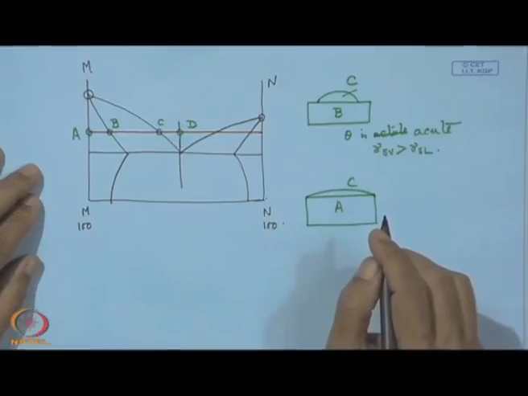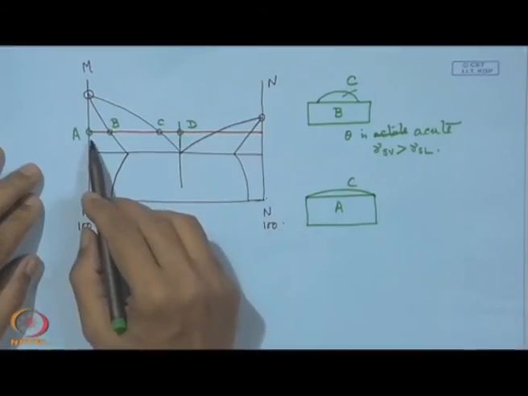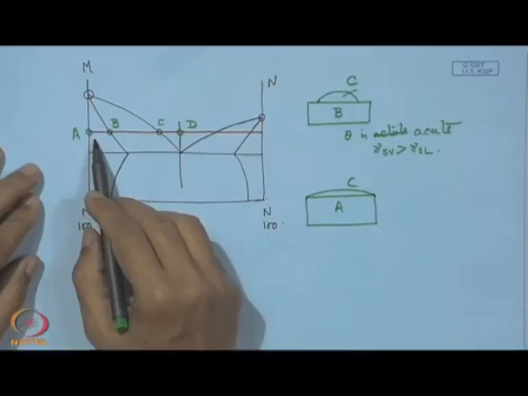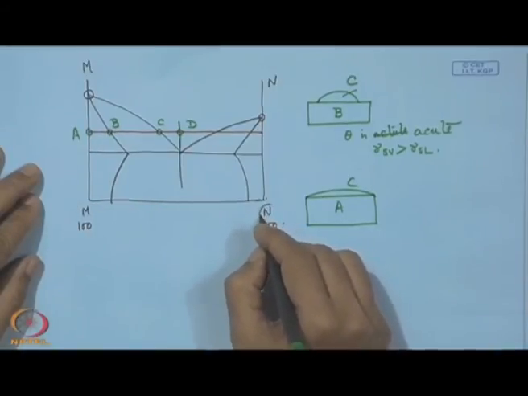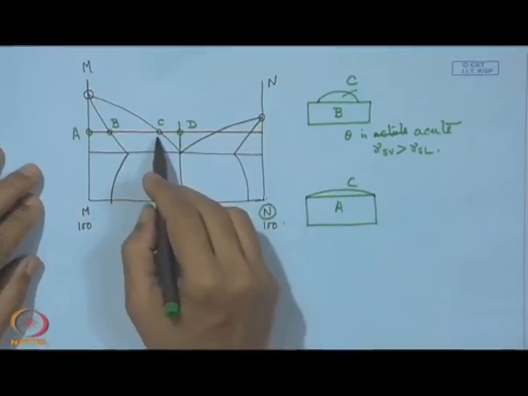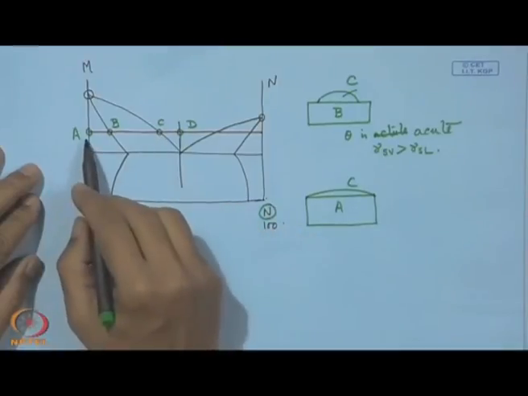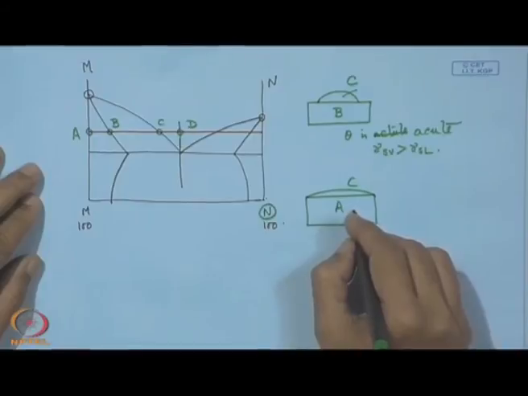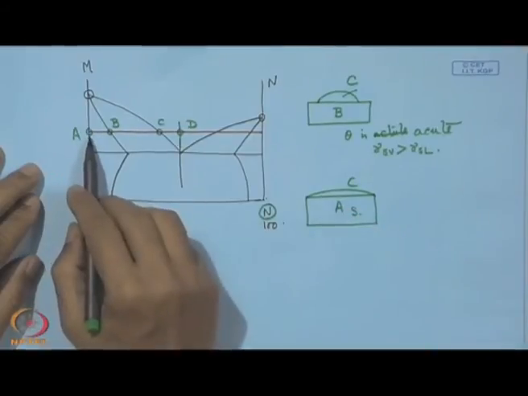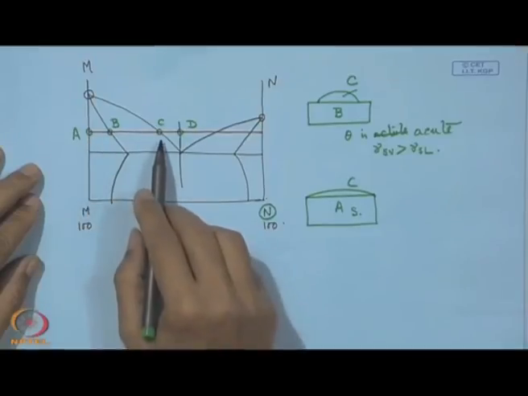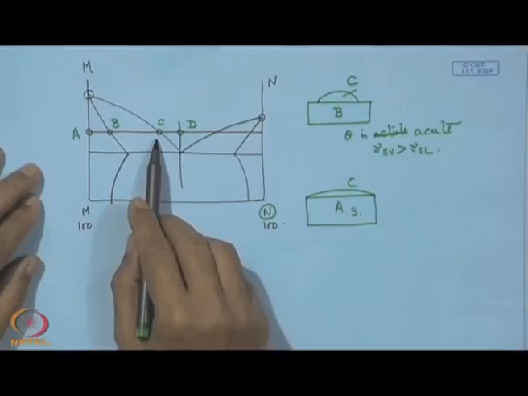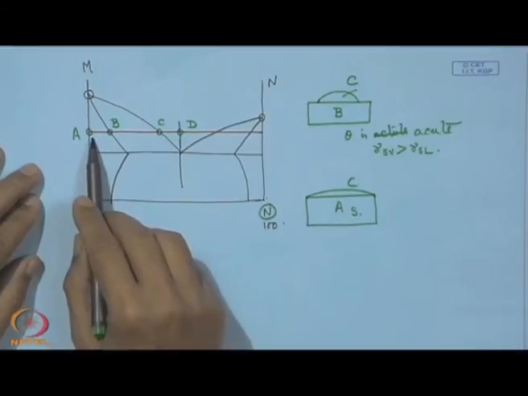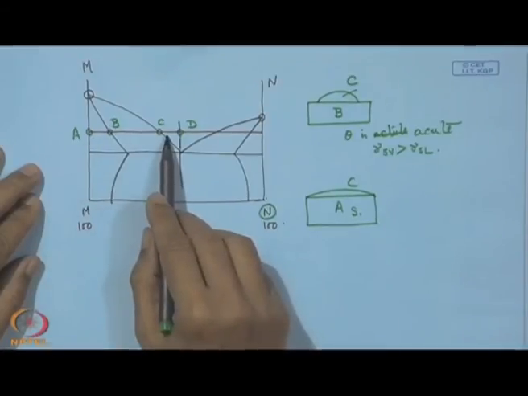In this case, A will dissolve this compound, this element N from C, and so A, though it is a solid, is acting like a solvent, and this composition of the liquid at C is like a solute. So, A will dissolve some